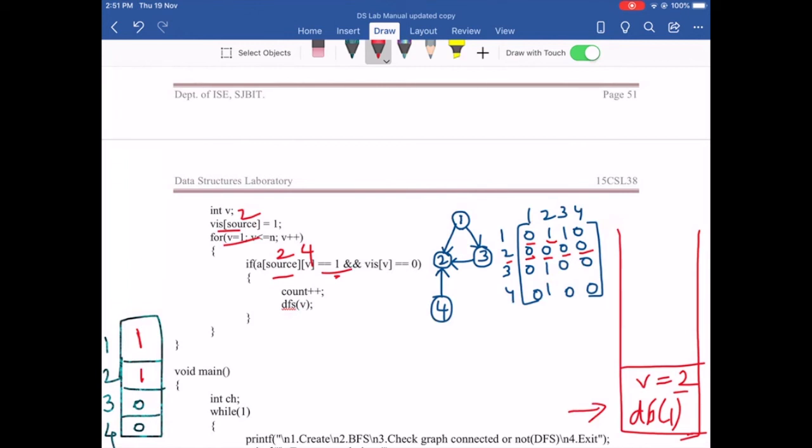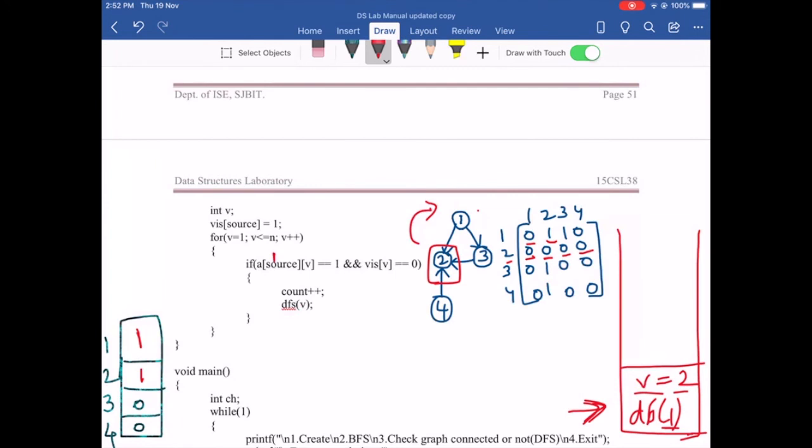As you can see in this picture, from 2 there are no nodes going out. So there is nothing you can go forward to. So you have to move back and check for the other nodes which you can reach from 1. You are going to continue with the iteration where you had stopped, at v equal to 2. Now v equal to 2 is done. The source would have been DFS of 1. The value that was passed as a parameter would be the source. So the source would now be 1. From 1 you are going to check other nodes.